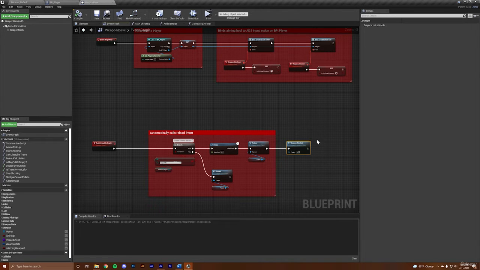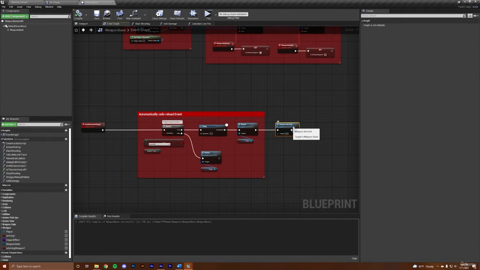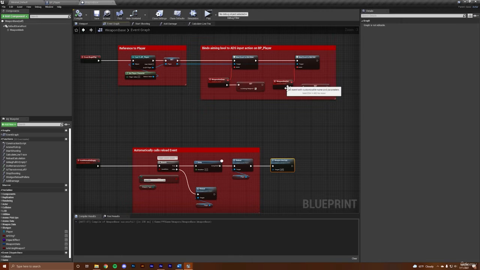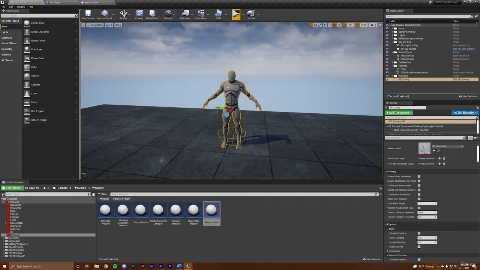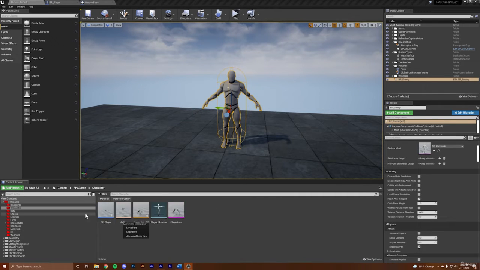A lot of this is going to be in our sniper rifle, because the sniper rifle aiming, since it's a scope, is going to work a little bit differently. So binding these in here will help us out when we create the sniper rifle. So you might not see a whole bunch of functionality with it right now, but it will come back later on. So the next thing that we need to do here is go inside of our anim blueprint on our character,